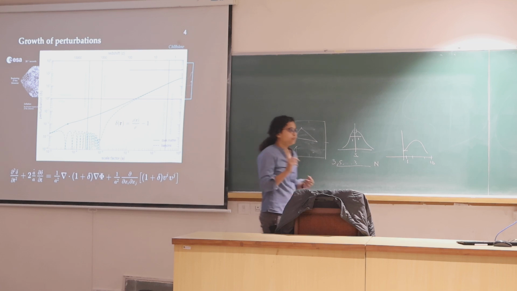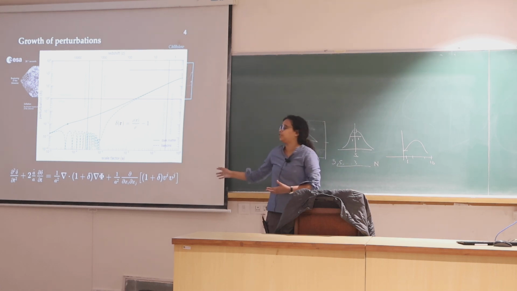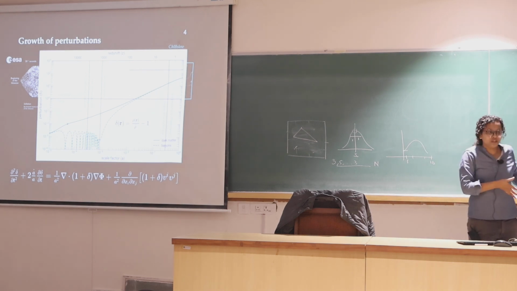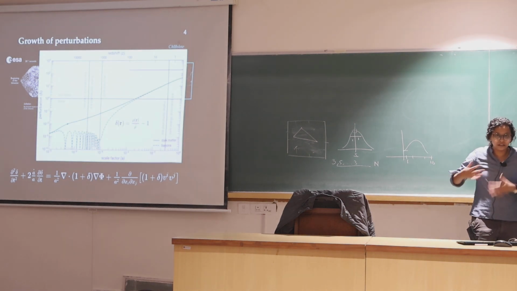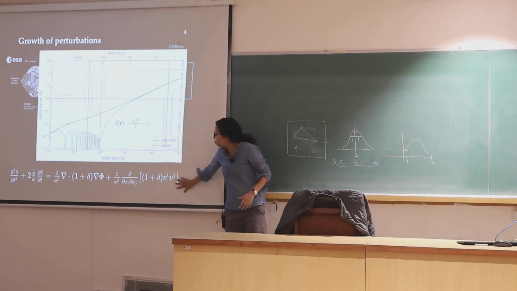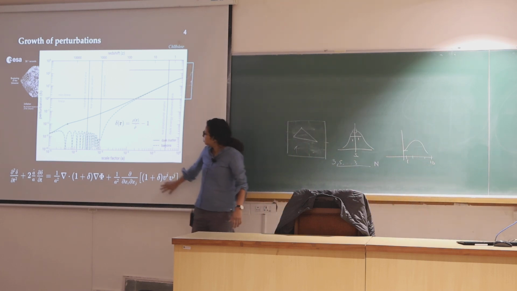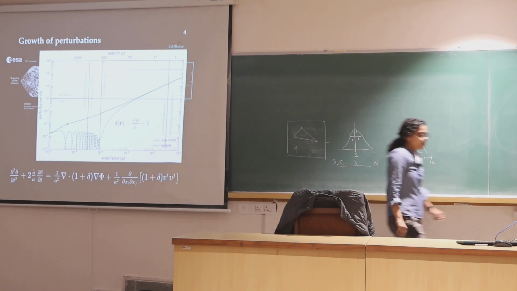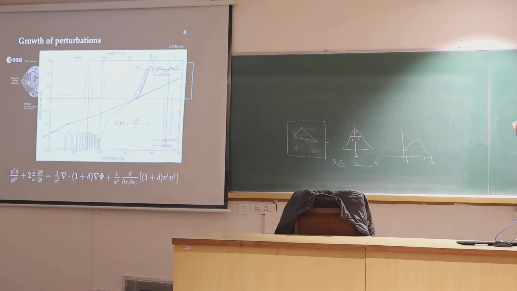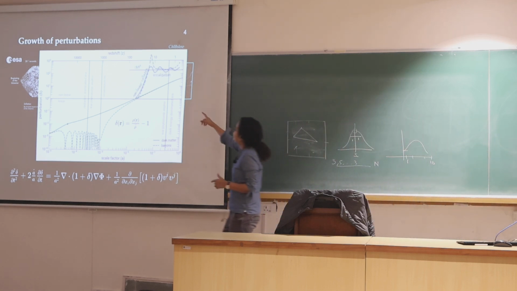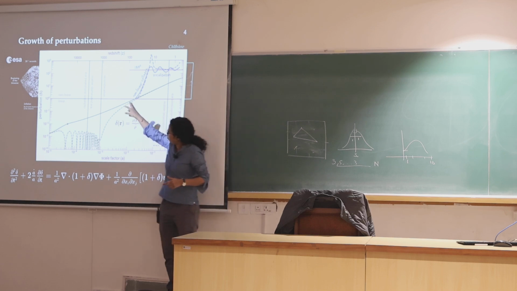But this is what I am saying: these are the yellow region calculations, and those are limited to the yellow region only. Later on the equations get changed, but let's not go into the details. This is the equation, this is how it gets changed, and this is how we know it. So there was a blue zone also. This is what happens in the blue zone, as soon as your perturbation overdensity goes beyond